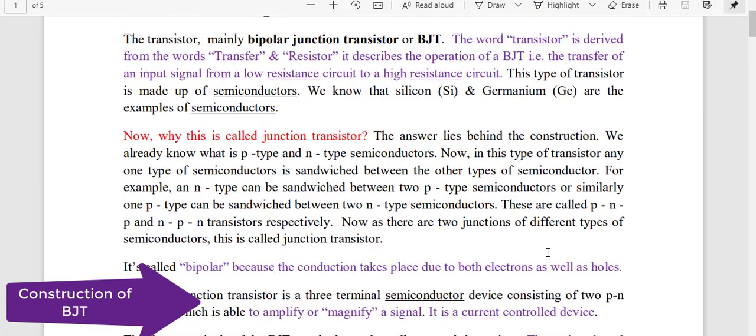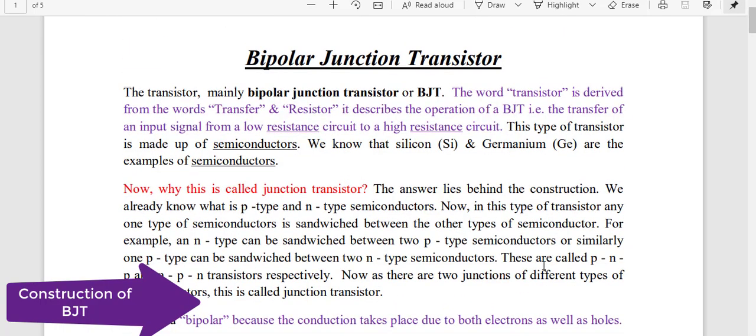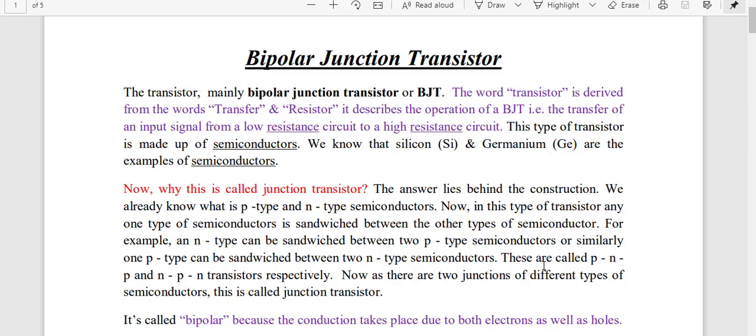Okay. Now why is the name transistor? In case of BJT, its input resistance is low and the output resistance is high. That means when current flows through BJT, current passes from low resistance to high resistance. That means you can say it is one kind of transfer of energy. In that sense, this type of circuit is known as a transistor, which comes from the words transfer resistor, because the input resistance of BJT is low and the output resistance is high. That's why the name is transistor.